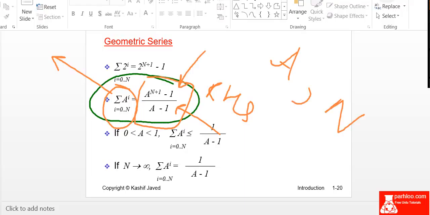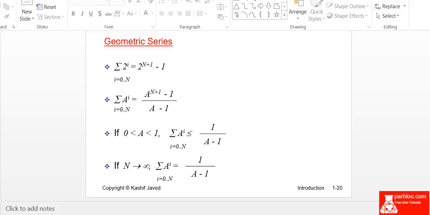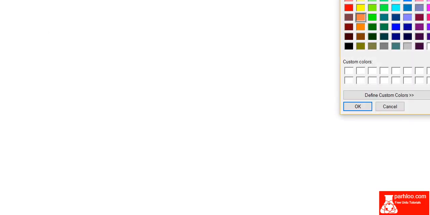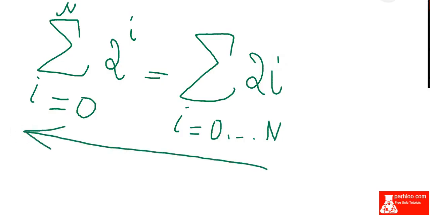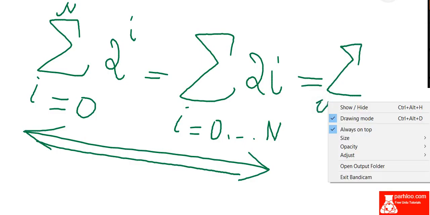One more thing that I had to clear up for you. Let's move on to the notepad. Sigma i is equal to 0 up to n, 2 raised to the power i. We can also write this as i is equal to 0 dot dot dot to n, 2 raised to the power i. Don't get confused, they are exactly the same notation. We can also write it as sigma 0, sorry,